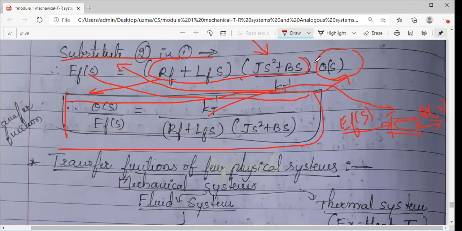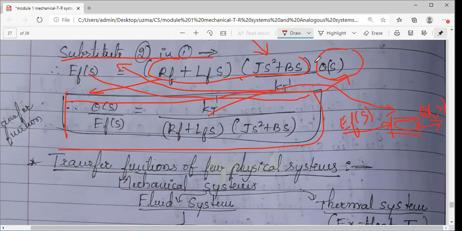In transfer functions, we are now into module 2, where the first concept is transfer function. However, we are finding the transfer functions for electromechanical systems, which is actually the concept of the first module. In electromechanical systems, we have covered the DC motor. Further, there are a few additional transfer functions of some physical systems which you can find in your textbook, that is Nagrath. In that textbook, you can find these physical systems' transfer functions calculated.